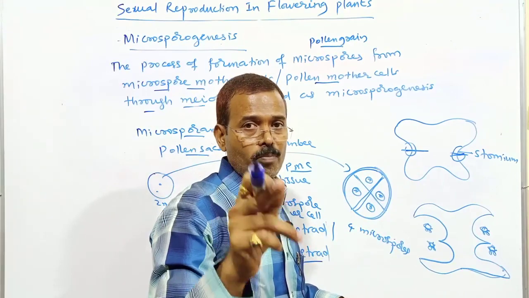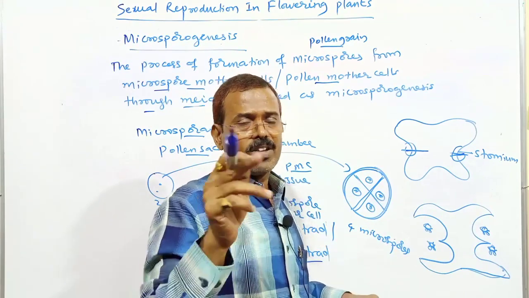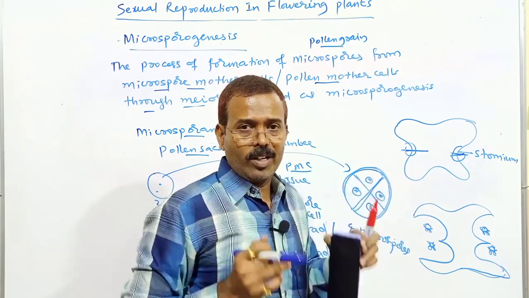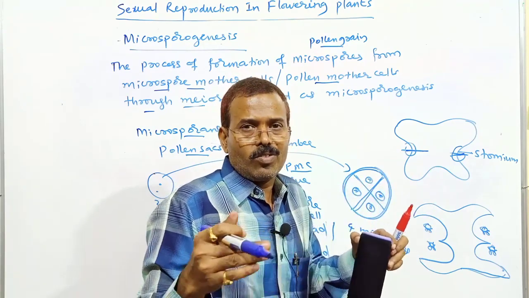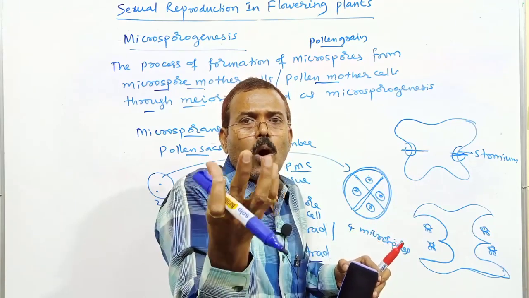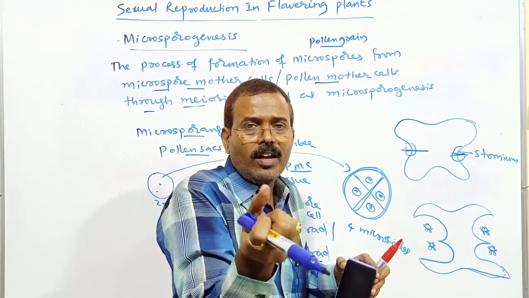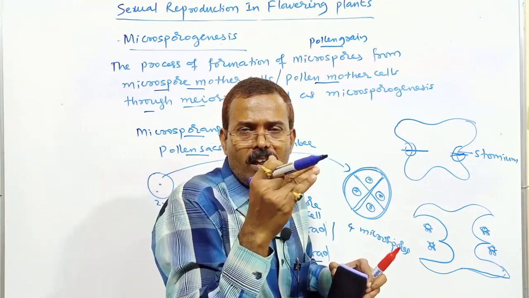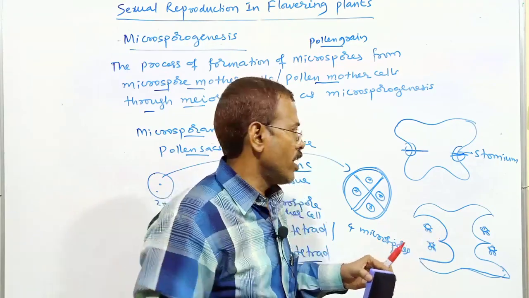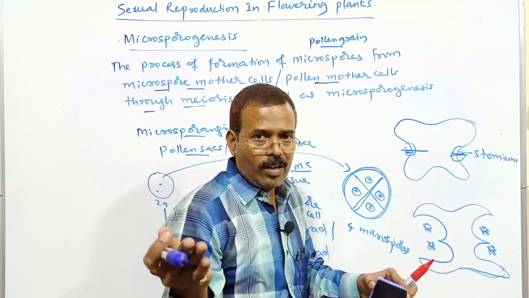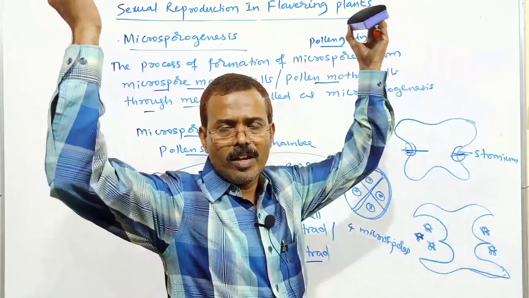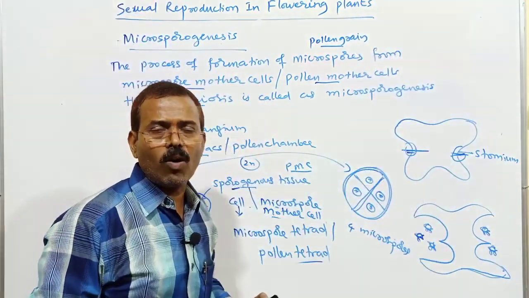Endothecium helps mainly in the dehiscence of the anther. Initially it is hygroscopic in nature, cells are bulged, turgid. So when there is a loss of this turgidity or hygroscopic nature, the cells will undergo compression, they contract, and the middle layer will degenerate, and the tapetal layer, which has already provided nourishment and played its significant role, also disintegrates, and here that anther will dehisce and release these pollen grains. These pollen grains will be released out or bursted out from the anther on dehiscence.